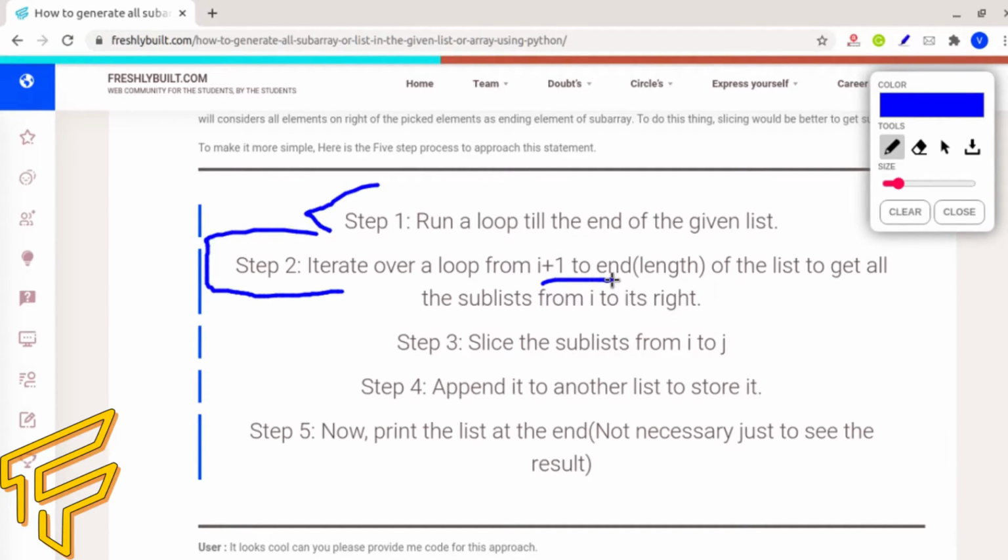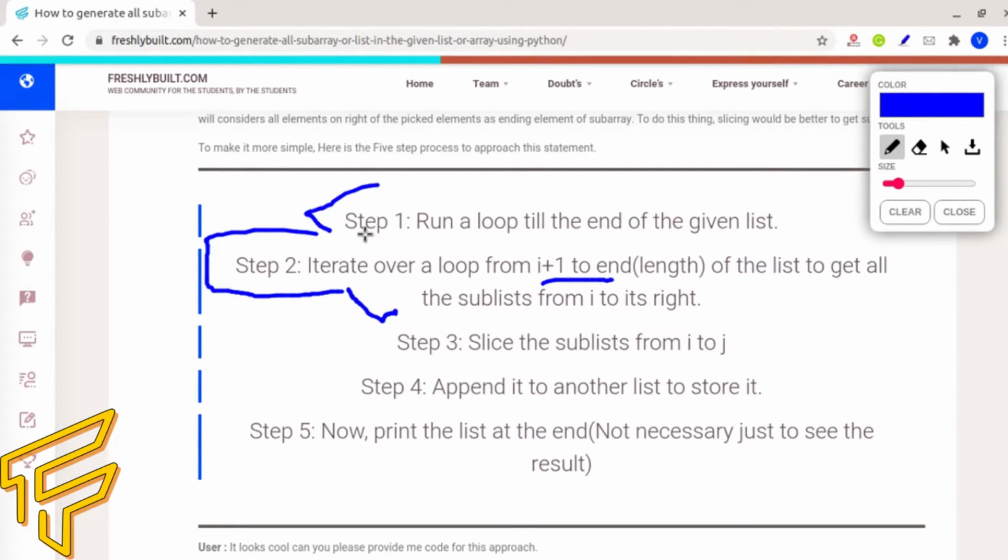I would say it's not just about printing a single element. A sublist can have multiple elements also, like 1 and 2. To consider that case, we have to take care of the next element. To generate a list of multiple elements, we have taken one more loop, and that loop will start from i plus 1, or you can say from the next position after the first loop.